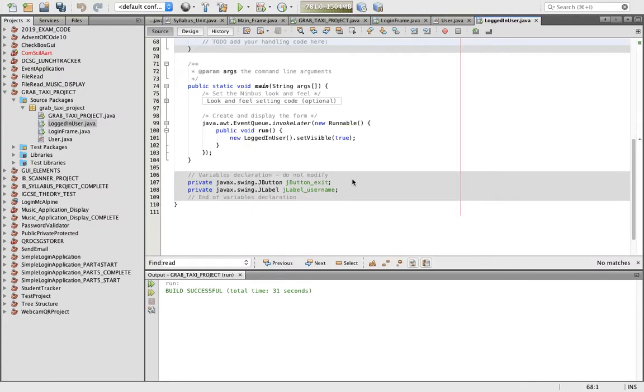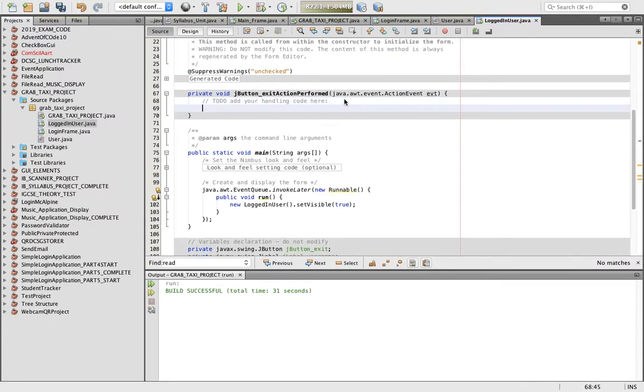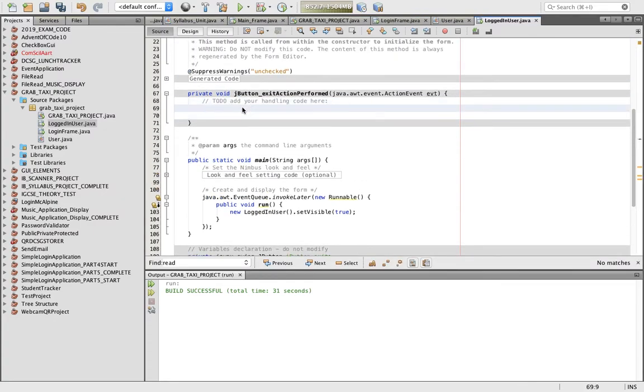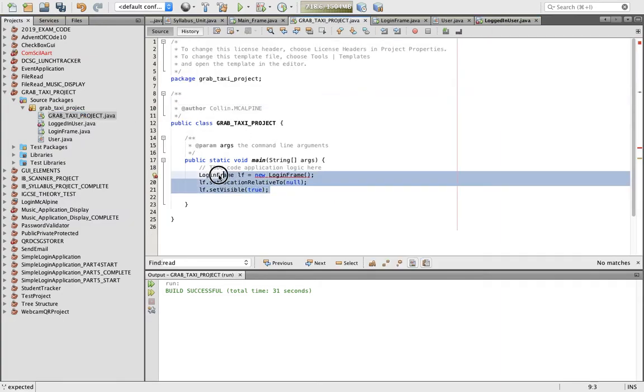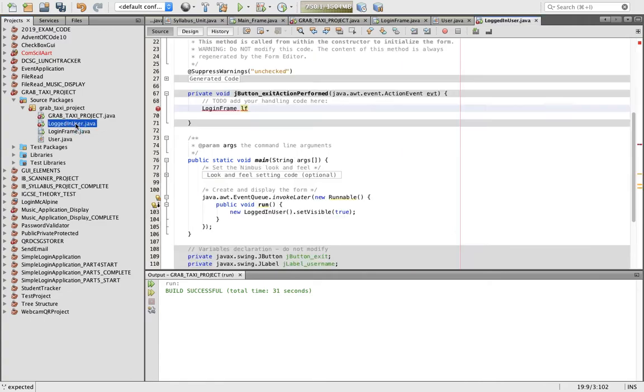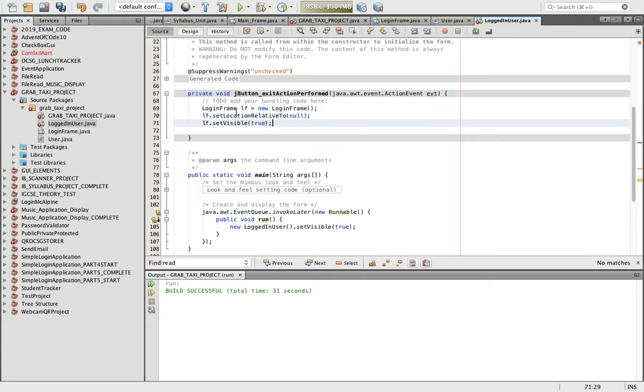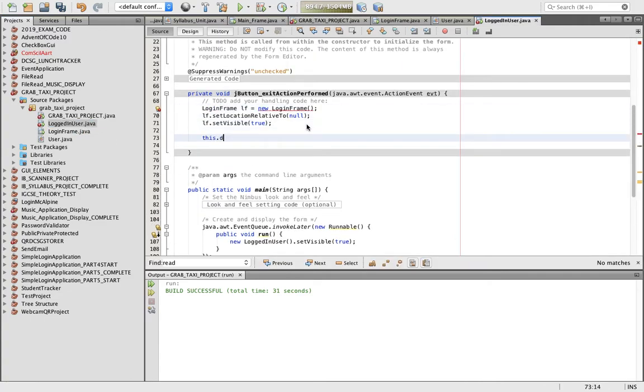Now what I actually want this one to do is to load up the login frame again, so I can do LoginFrame LF. Now to save me typing that again, I'm just going to go and steal it from this previous part, paste it in there, but the extra piece I need to do is this dot dispose, which will just get rid of this